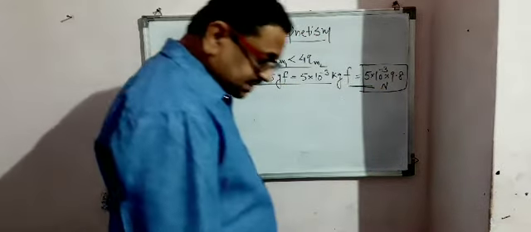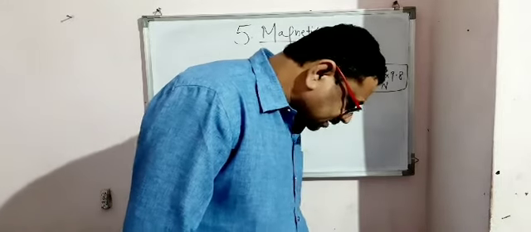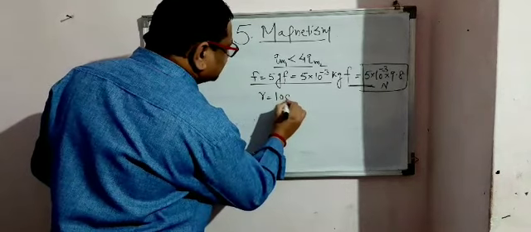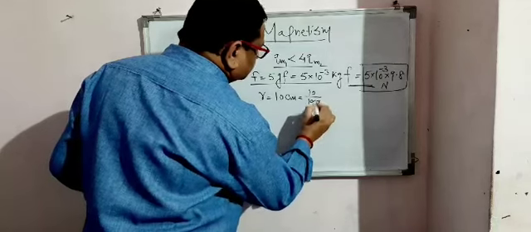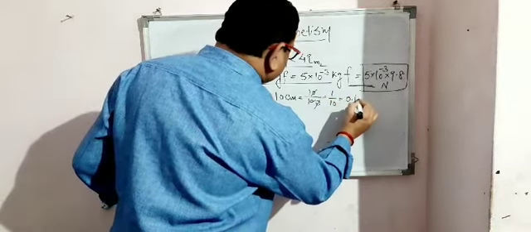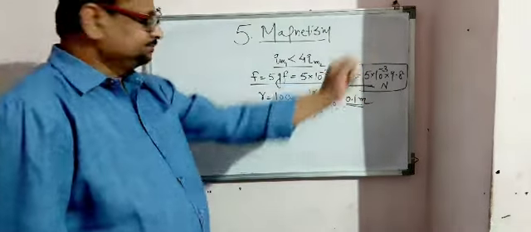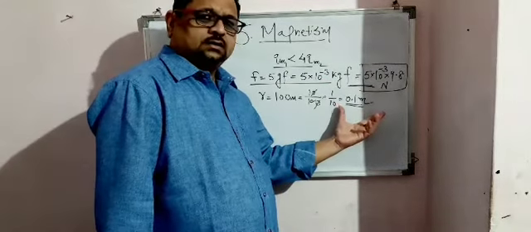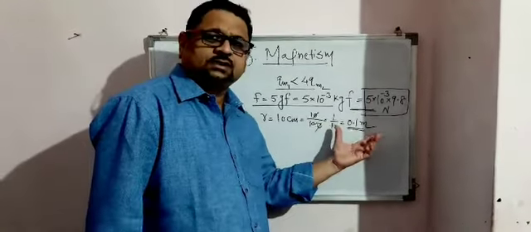Third one, the distance is given. What distance? When placed at a distance of 10 centimeter from each other, the value of R is given as 10 centimeter, that is equal to 10 upon 100. 0, 0 will be cancelled. 1 upon 10, that is equal to 0.1 meter. This is the distance that is given. Because 100 centimeter is equal to 1 meter, accordingly we can divide, and centimeter can be converted into meter like this.